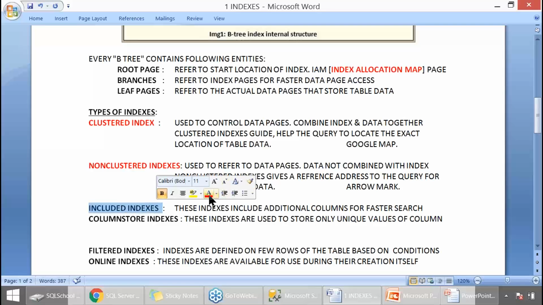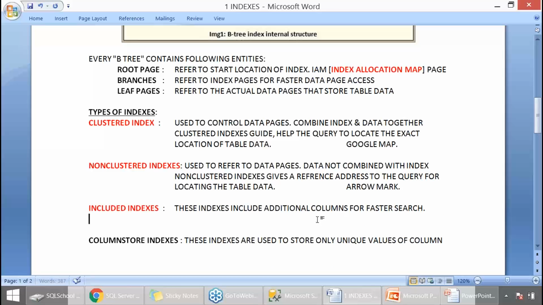Then we have something called an included index. These indexes include additional columns for faster search. For example, assume you index based on ID. Then search is faster for the ID values.